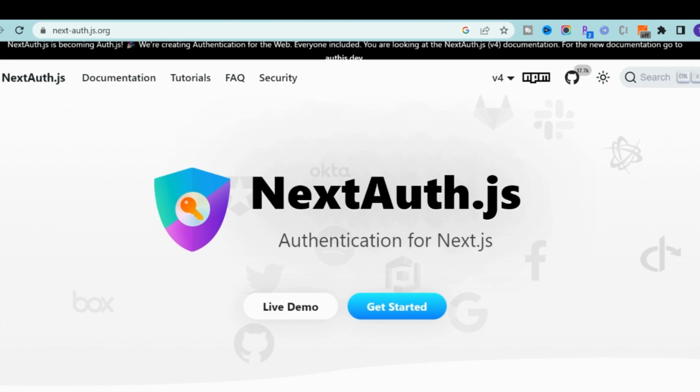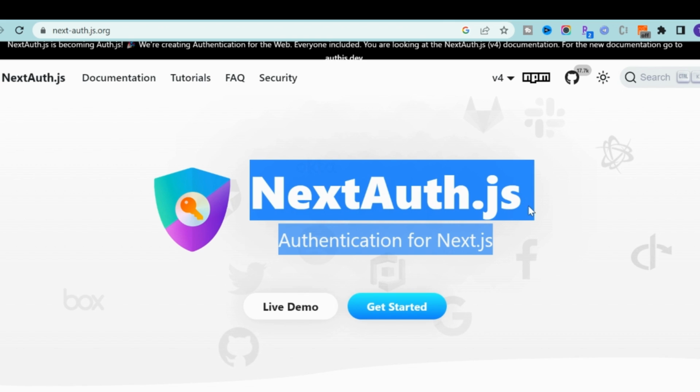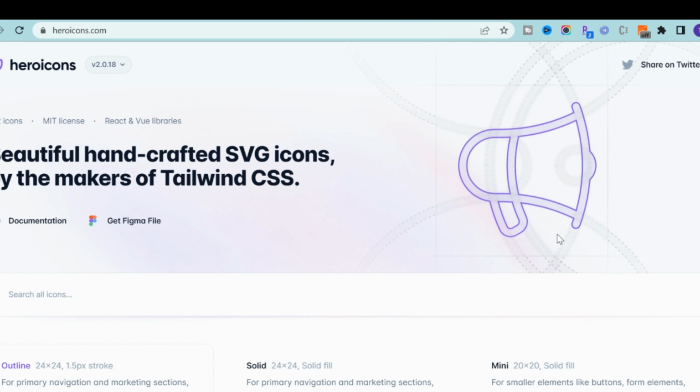For the authentication, we are going to implement Google authentication, and for that we are going to use NextAuth.js. It's quite easy to implement, and I'm going to tell you how to use it in our application. And last but not least, the icons, because we are going to use different icons, and for that one